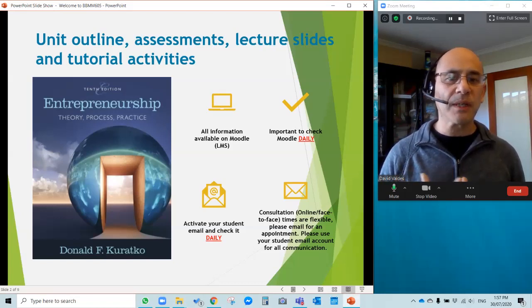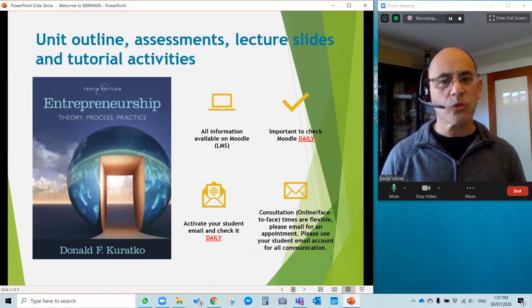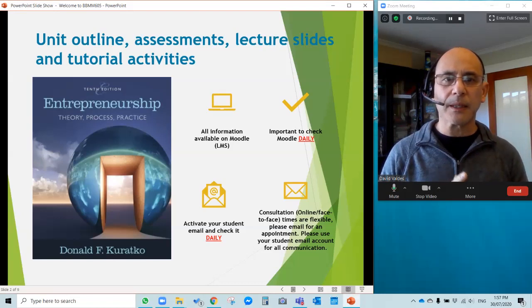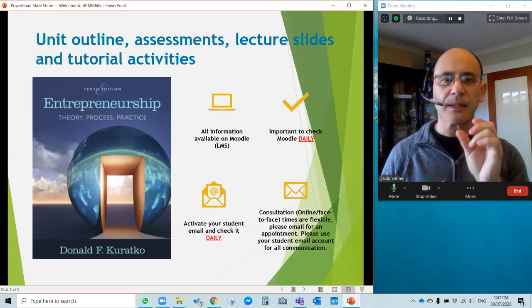And when you send me an email, make sure that you use your student email account for all your communication, because when the school tries to reach you, they will try to reach you by the official medium, which is the school email. Usually your email will begin with your student number, and the domain name would be cic.edu.au.